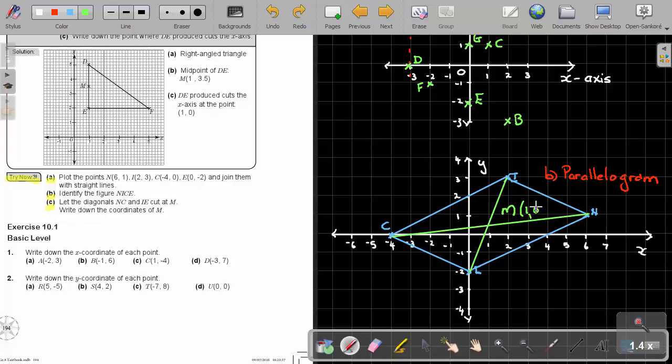I think it should have been 0.5, and that's the coordinate. 1, comma, 0.5 in the middle there, and that will be the point